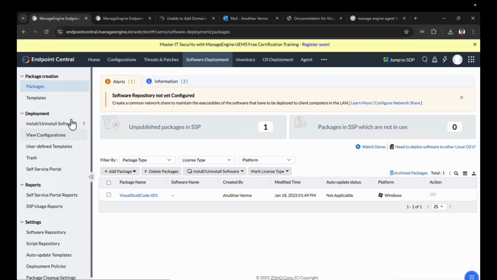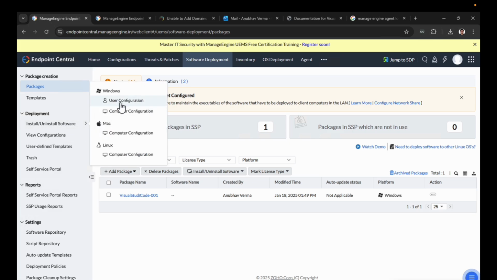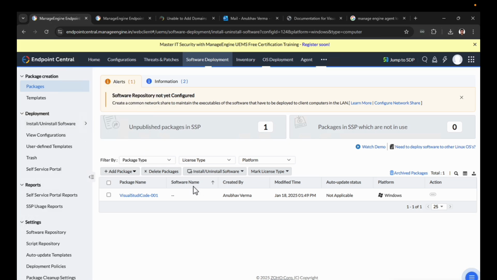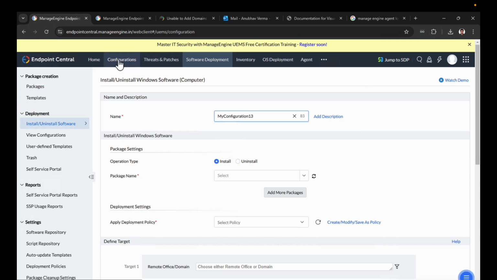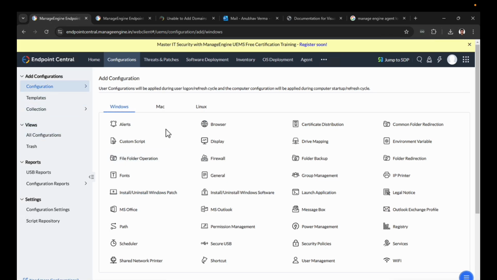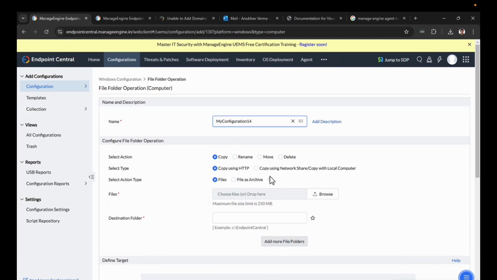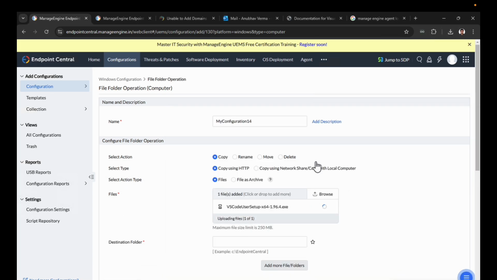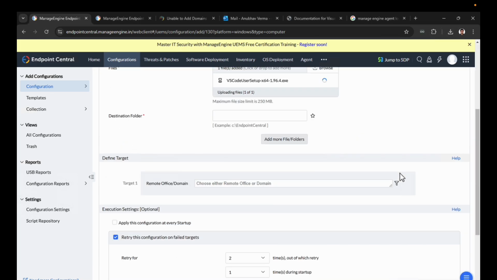So you can go to this one, Computer Configuration, right? Configuration, create configuration, and you can select your operation. So let's suppose you want to copy a file. Okay, you can click on this, copy this file through this option, download this. Okay, you can download, you can upload any file, and you can select your machine like